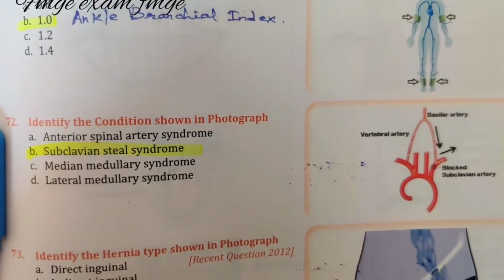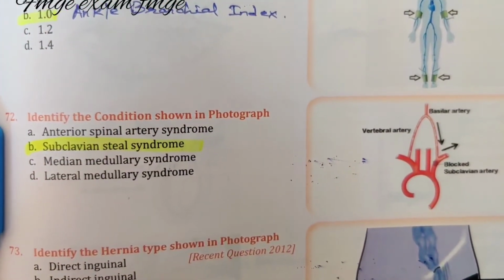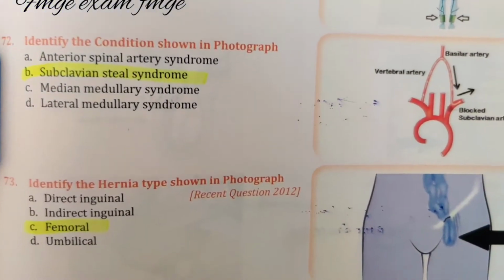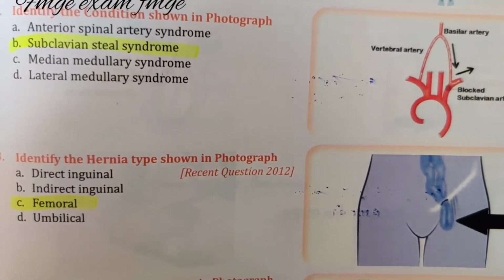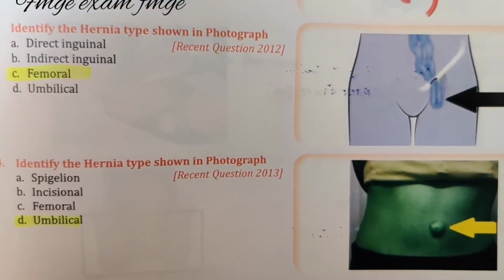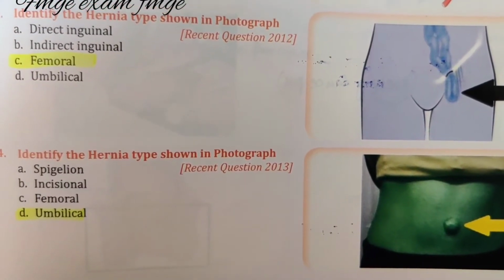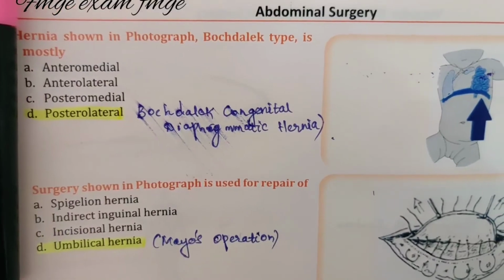Identify the condition shown in the photograph: subclavian steal syndrome. Identify the hernia type shown in the photograph: femoral hernia. Identify the hernia type shown in the photograph: umbilical hernia. Hernia shown in the photograph